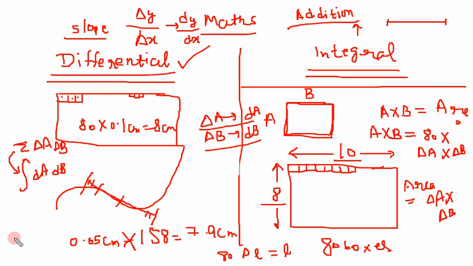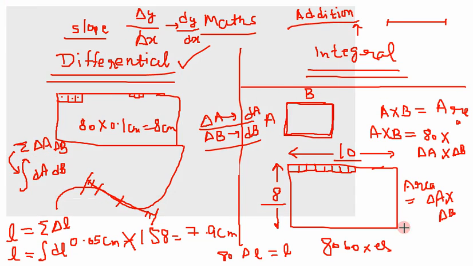Similarly, for this line, let us say the total length of the line is L. So what we can do is add small parts together. But if the parts are so small that we cannot count them, then what will happen? L is simply equal to the integration of dl. Okay, so this is the meaning of integration.